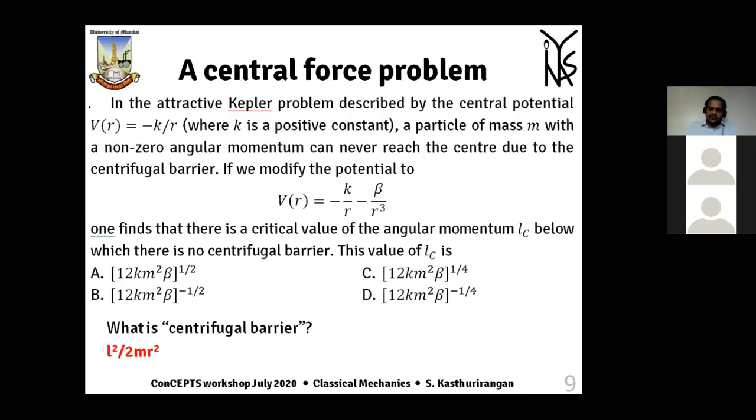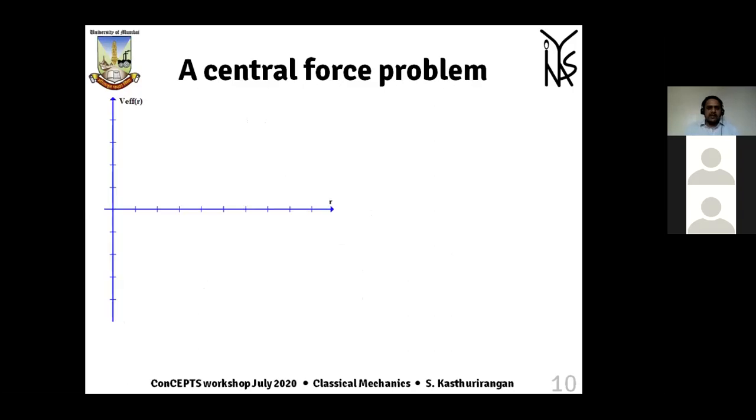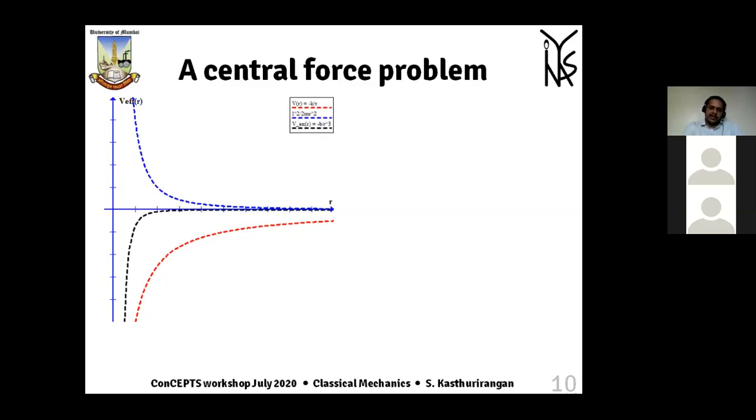And so the effective potential in a central force problem is whatever is the actual potential plus L squared by 2m r squared. This is something extremely important to know. Once you know this, you can actually quickly sketch how the central potential is going to look. You know how the 1 by r potential looks, minus 1 by r. You also know how the centrifugal barrier potential looks. And if you have a cubic term with a minus sign, it will be even steeper than the 1 by r squared. That is something which is quite straightforward.